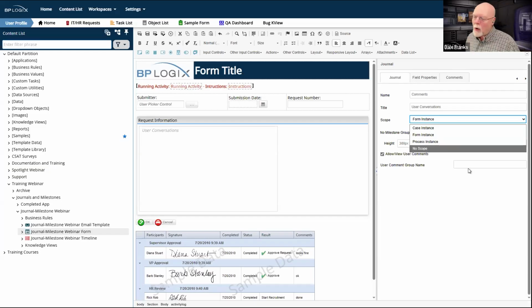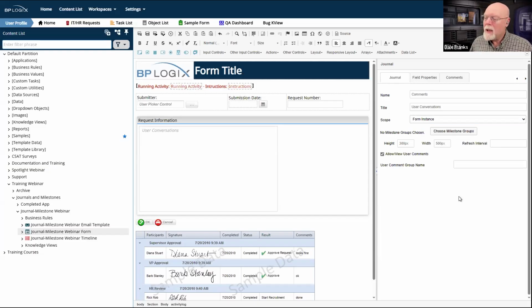And I guess if you are going to use a comment group and you want to get all of the comments that are anywhere on the system that come from a single comment group. So maybe you want to concatenate all the comments from multiple processes that all share the same comment group name for their journal control. I suppose you could do that. It seems like you'd need a really big control, physical size on the page, so that you could see. It seems like it'd be hard to track, but it is in there. We can no scope it.